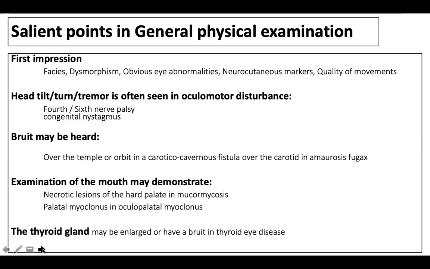And you may sometimes look at the mouth to look for a hard necrotizing ulcer over the palate, which can indicate probably a nasopharyngeal carcinoma involving the palate and extending up intracranially to cause multiple cranial nerve palsies. You may look for palatal myoclonus, which can give an idea of an occult movement disorder causing an unusual eye movement disorder as well. You can look at the thyroid gland. A thyroid gland is notorious to produce ophthalmoparesis, especially in young adults and teenagers with an acquired hypothyroidism. So presence of a thyroid bruit or an enlarged thyroid gland can give a clue to a thyroid eye disease. So these are some basic things we can look for.